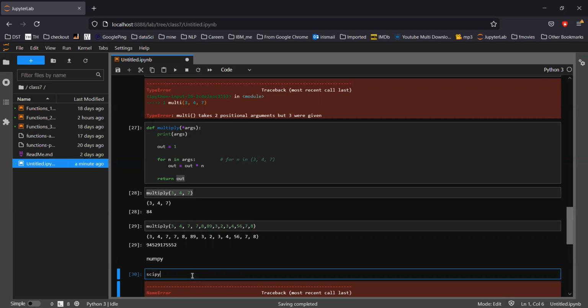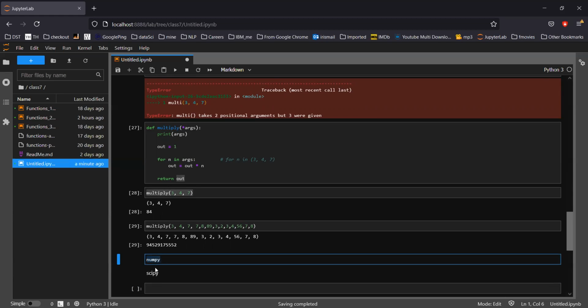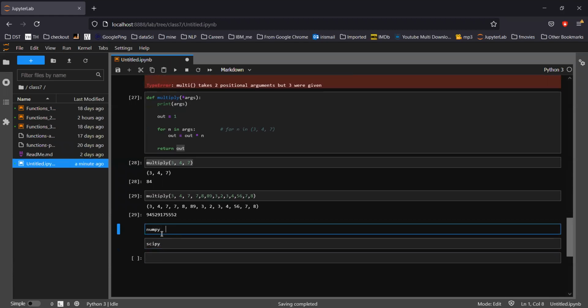All the mathematical calculation is very fast with NumPy. All the scientific calculations, like e to the power x and log n, there is a direct method available with NumPy.